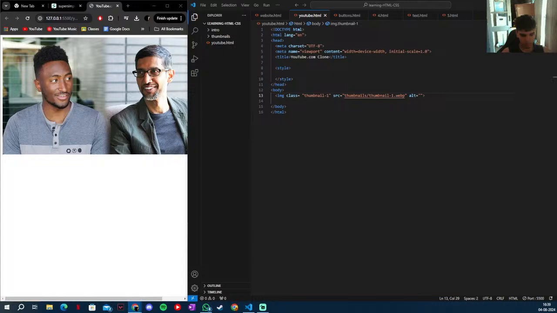So that behavior of an image sort of keeps us safe. So it keeps the image looking